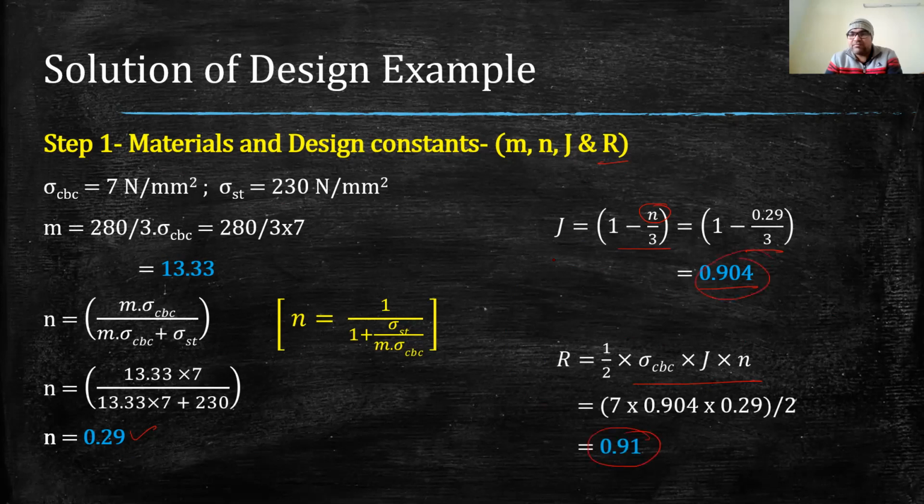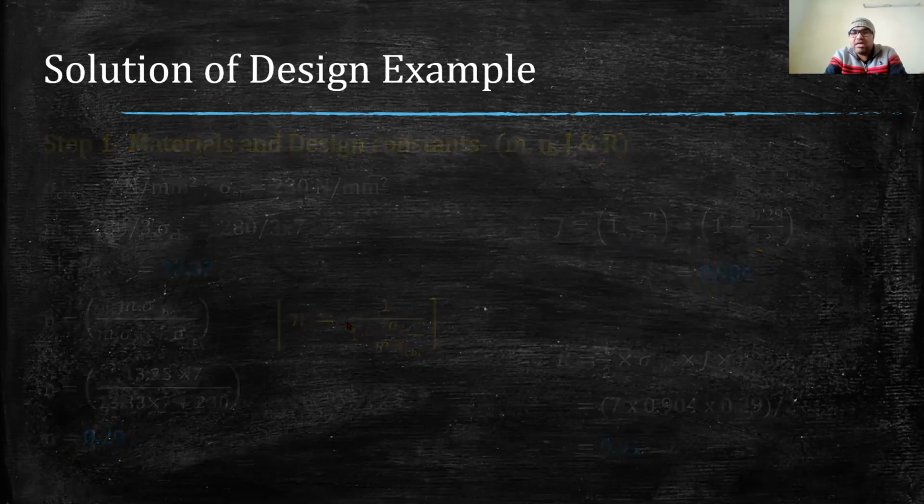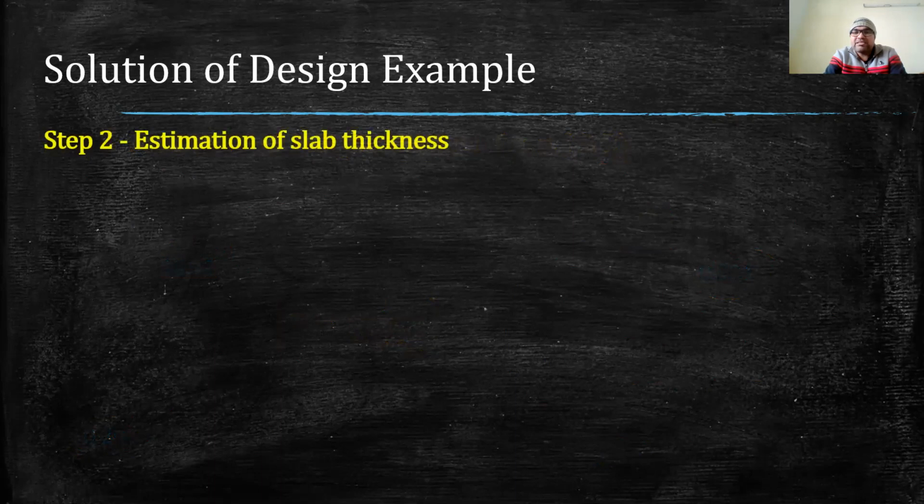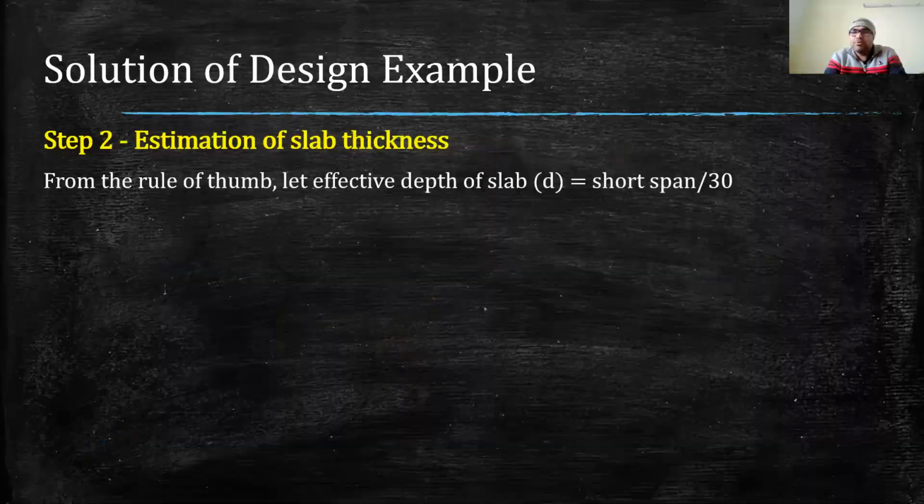So these are the design constants, and we have found them in step 1. Now in step 2, we will estimate the thickness of the slab. Right now we don't know what the thickness of the slab will be, so we will estimate it. As a thumb rule,